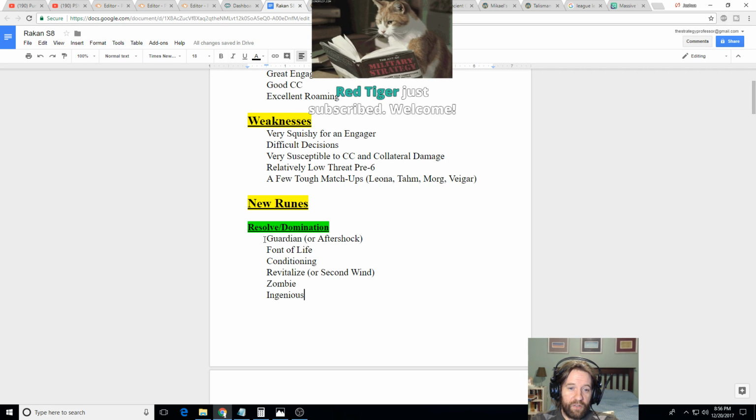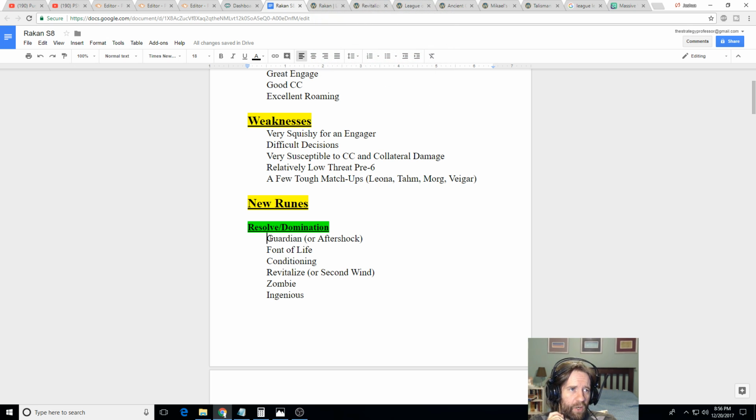So you always want to go Resolve. He needs that extra tankiness. He does benefit from AP. I have seen some people say, oh, well, you can go Aery, or you wouldn't want to go Comet on him, but you could go Aery and all that stuff. But that's not really a good choice, and the reason for that is